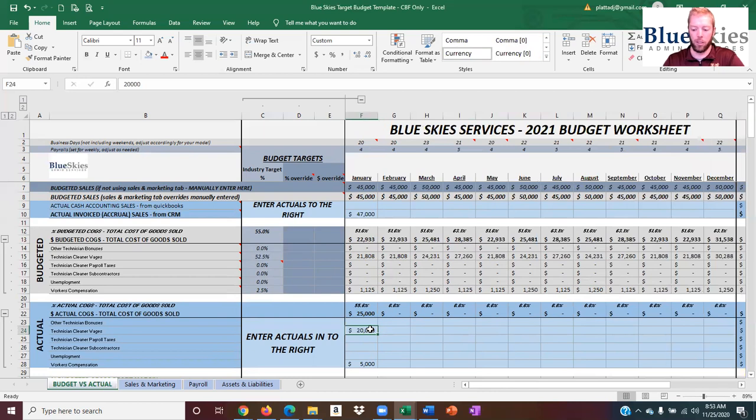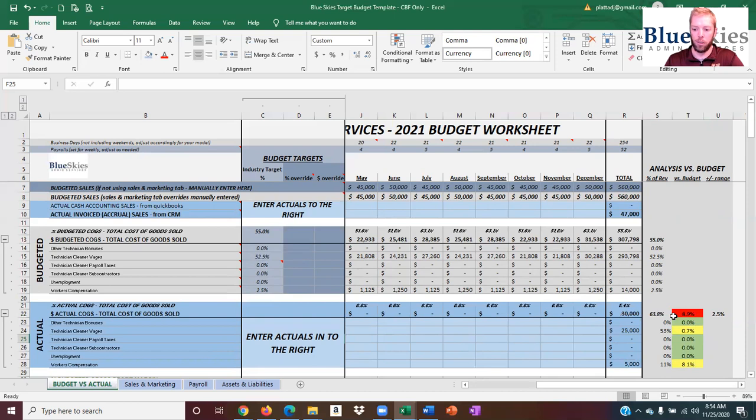However, if we spend 25,000 on wages, that's going to put us over the edge. We're slightly behind on wages. We're way behind on workers' comp. Maybe we've paid a couple months' worth because we were behind or something like that. And now it shows that we're 8.9% out of bounds, if you will. We're at 63.8% versus 55%. If we happen to be just off by there's a 2.5% threshold that we have built in here